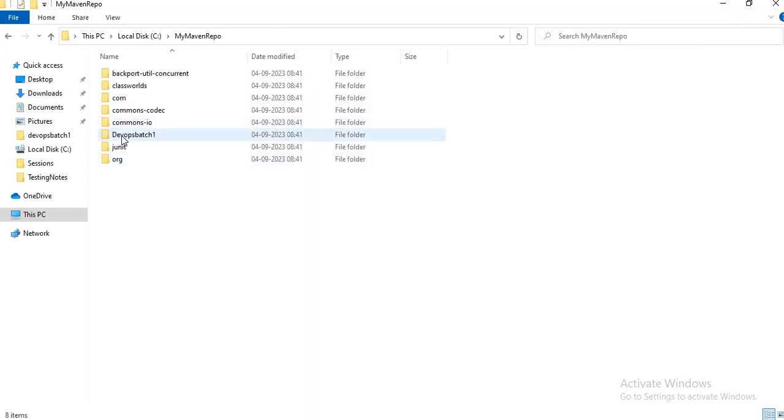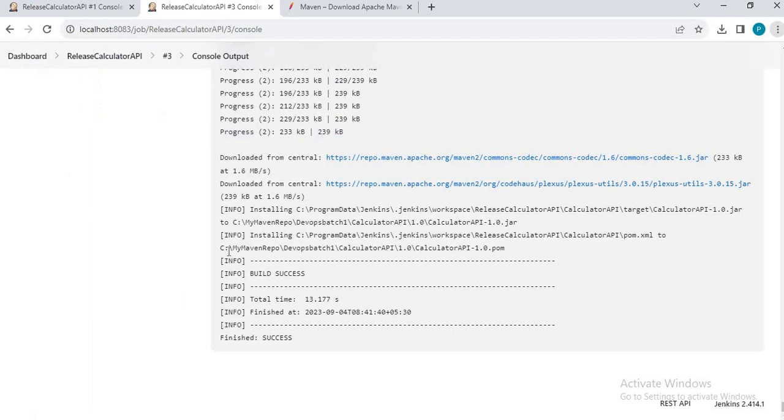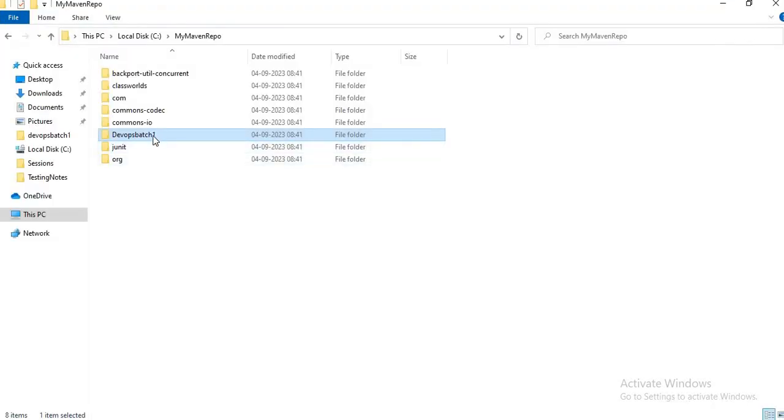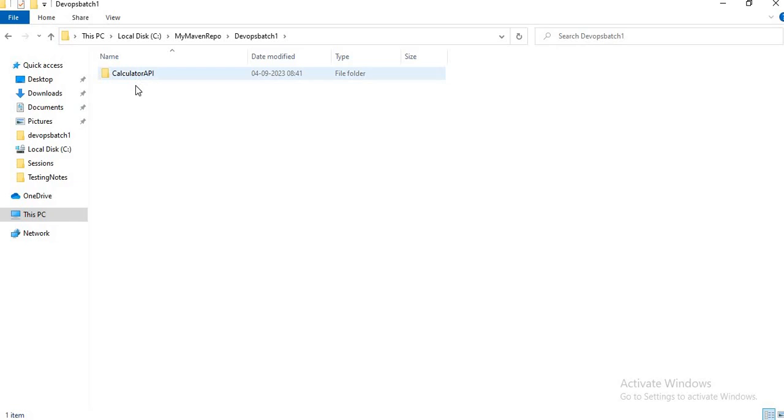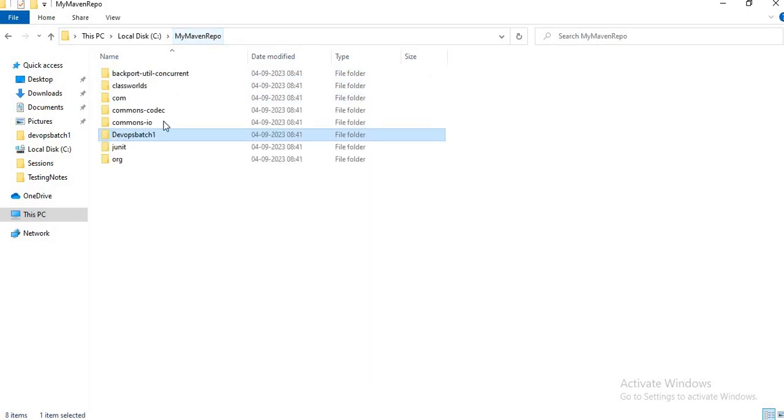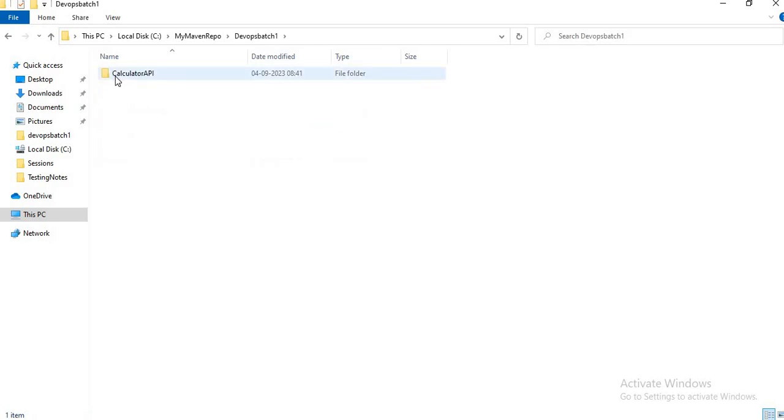Great. Now we can see our build is a success, and the installation of the jar file has been done here. See, DevOps batch 1. This DevOps batch 1 is our group ID of our calculator API. This is the artifact ID, calculator API.